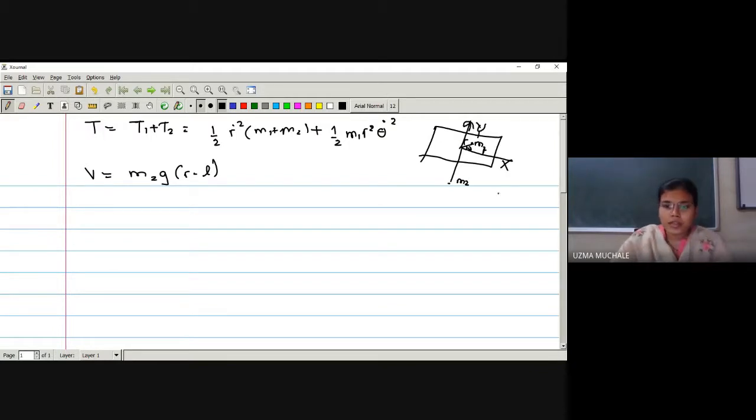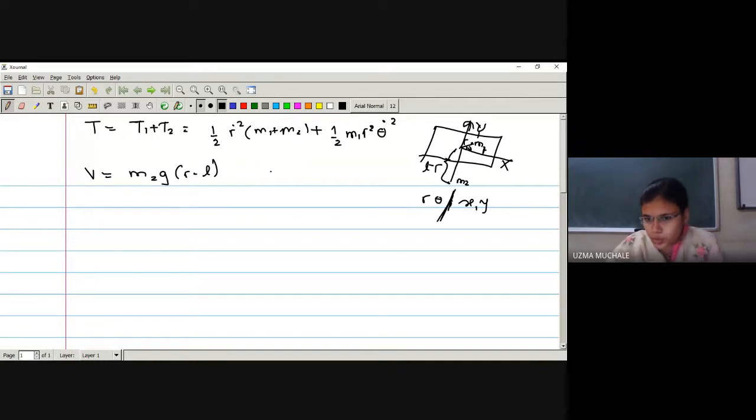As it is on the table itself, we only use x and y coordinates. How many generalized coordinates do we have? r and theta, or x and y. Simply x and y or r and theta are sufficient to describe the position of a particle. For the position of m1 we need both r and theta, but for m2, if r is known, you can get it using L minus R. What is L? L is the length of the total string. And L minus R is the distance from the hole to mass M2.